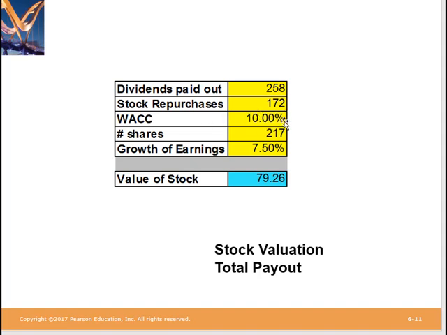Weighted average cost of capital is 10%. Number of shares, we said, were 217 million, and the growth of their earnings is expected to be 7.5%. So this stock, using the total payout model, would ultimately have a value of